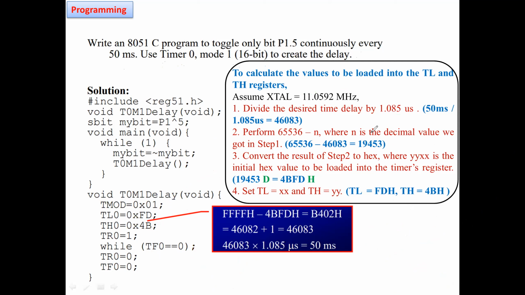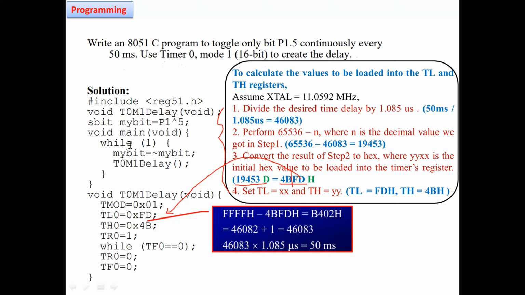So the same decimal value formula only I have given step by step. You can follow. Once you have found out the decimal, convert into hexadecimal, finally put your initial value in the register. So as per our calculation, 4B FD, 4B is higher, FD is lower byte of the timer. So now we will place that 4B FD in the software.